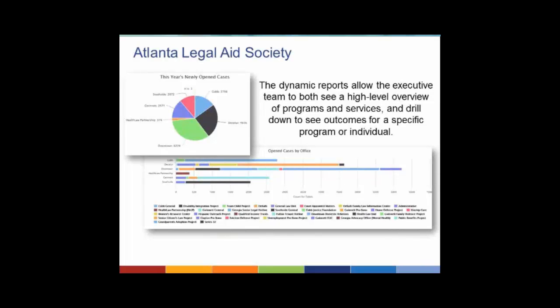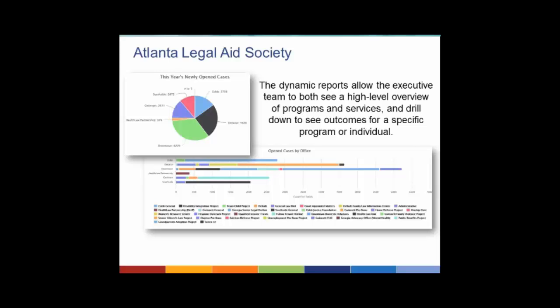Okay, so these are open cases. This is another example of the same data basically displayed two different ways. The pie chart gives you just a very brief overview, and like where I explained to you that you're looking at apples and oranges, this would say, oh well, look at the downtown office. They're really doing a lot more than the South Side office. But the downtown office has a higher population to serve, and they have 3 specialty units in that office, and 3 times the attorneys. So